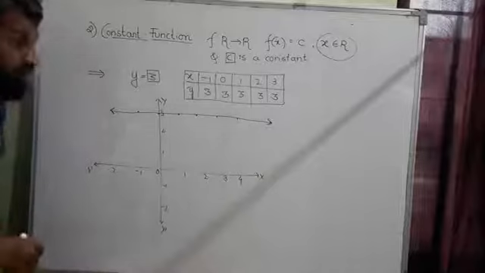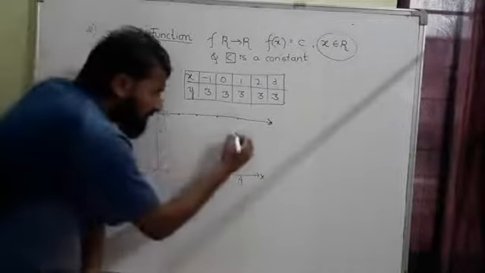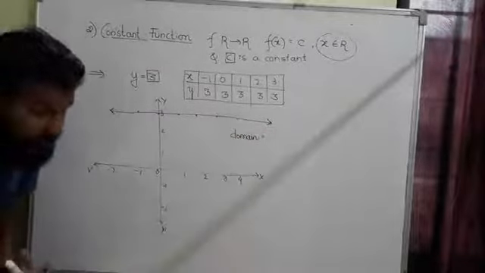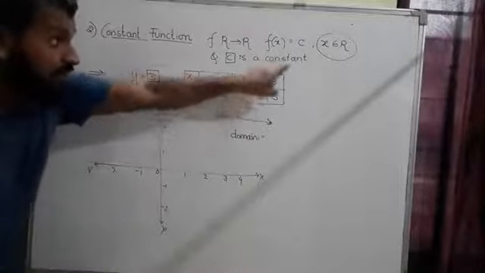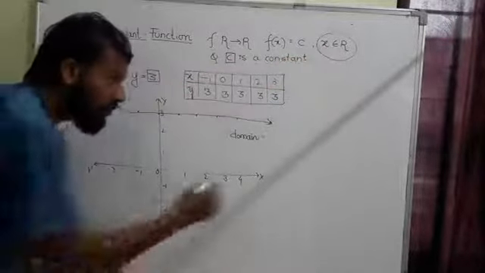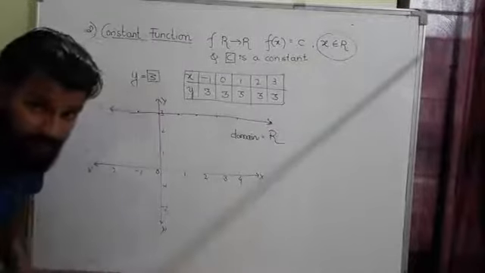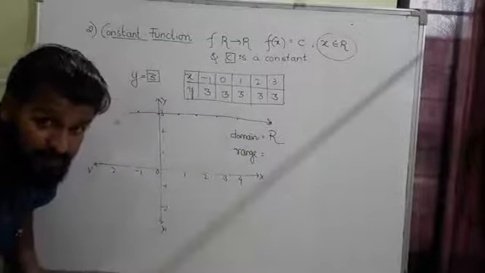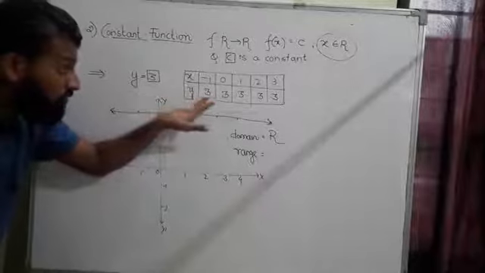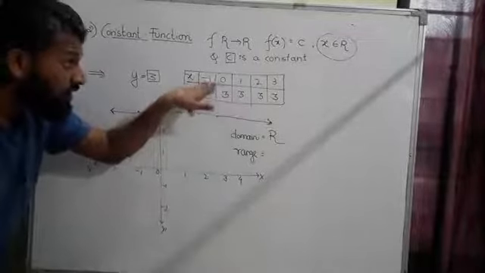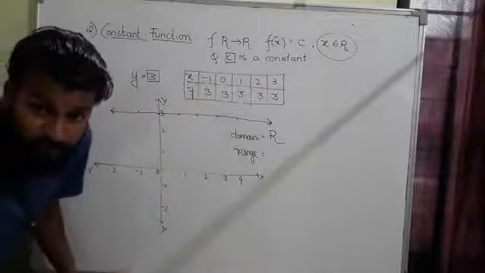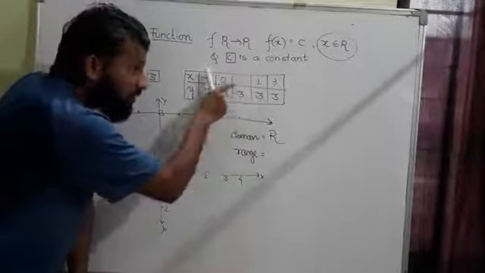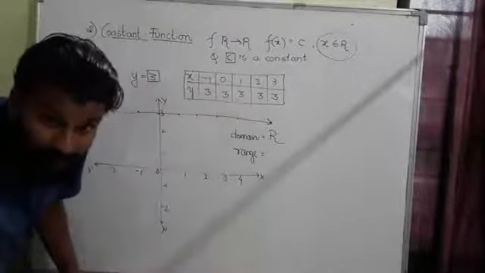Wonderful. So now the question is, what is the domain for this? Domain means what are the x values you are taking. Here I am writing only 5, but they have told that x can be any real number. So the domain is any real number. Then what is range? Range means what are the answers you are getting, I mean, what are the values of y you are getting for the input given for x. Whatever values of x you take, the values you get for y are called the range.